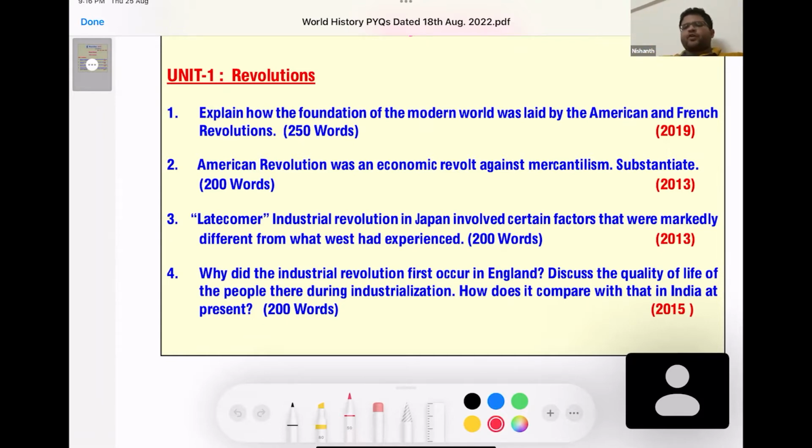Some of the important topics are American Revolution, French Revolution, unification of Germany, unification of Italy, then the consequences leading to the World War I, League of Nations, appeasement policy of Britain and France,